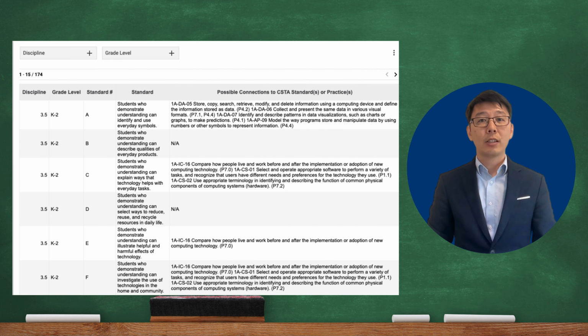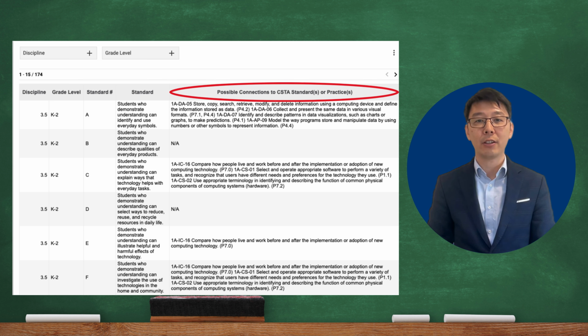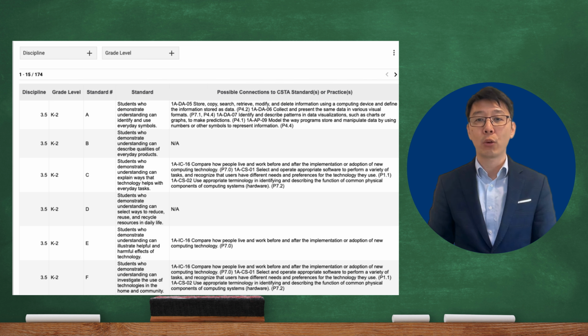The first section of the crosswalk will allow you to explore how each STEELS standard is supported by the CS standards. You can filter by STEELS disciplines and grade levels. Next to each STEELS standard, you will find its possible connections to the CS standards. This database will be helpful if you are addressing STEELS standards in your instruction and want to identify opportunities to